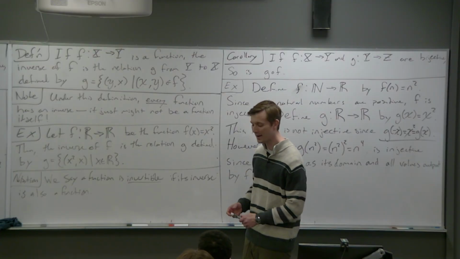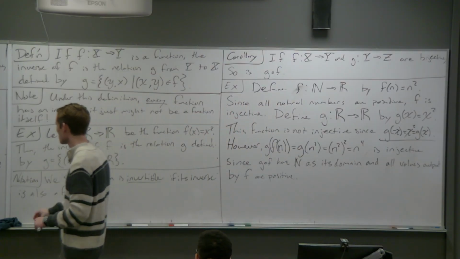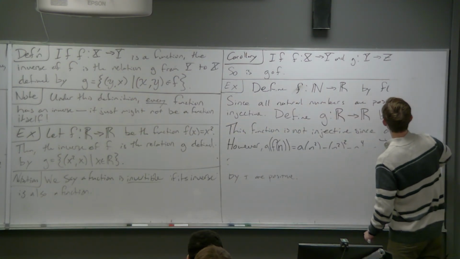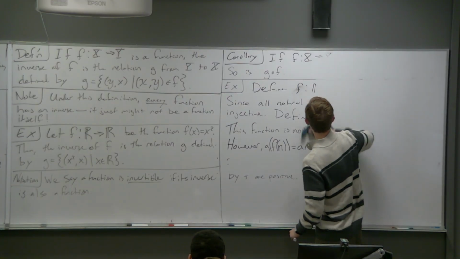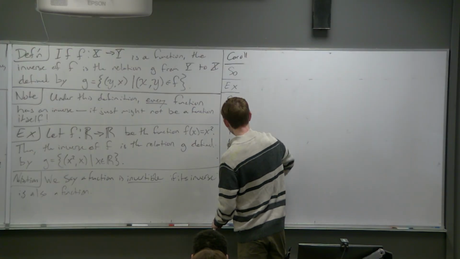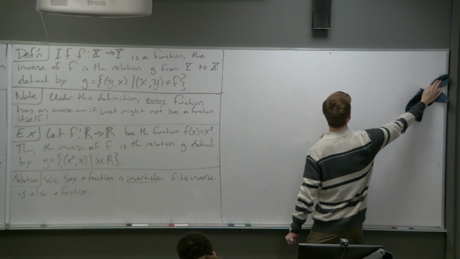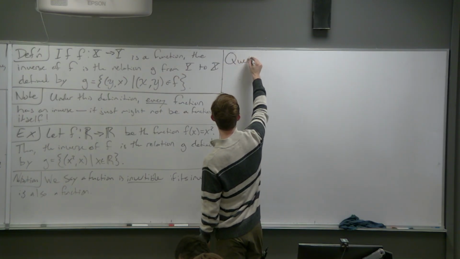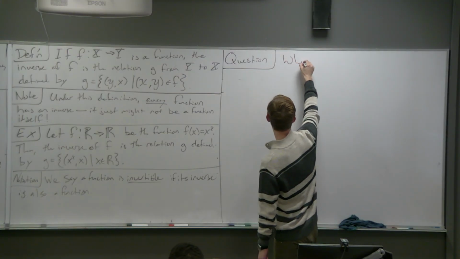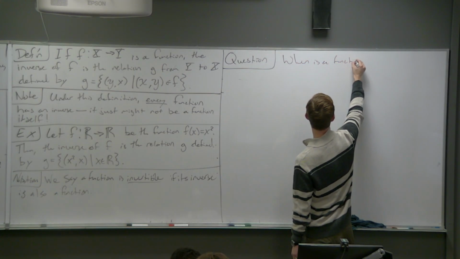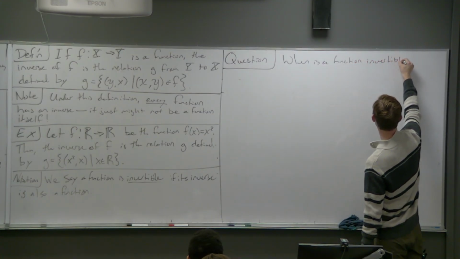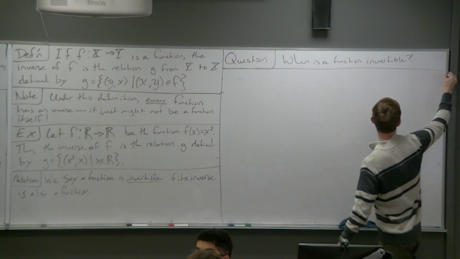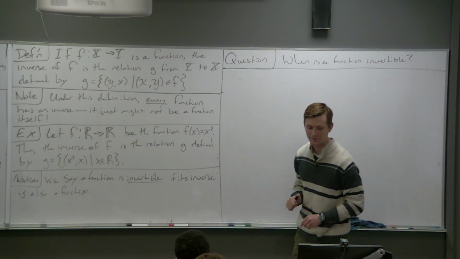So here's the question. When is a function invertible? I heard the answer. Someone already knows. Someone has seen this before, I imagine. A function is invertible when it is injective and surjective. We should probably show this in some way. So here's the question. When is a function invertible? And I believe you all already know the answer, but we'll actually get there and rigorously prove it next time,